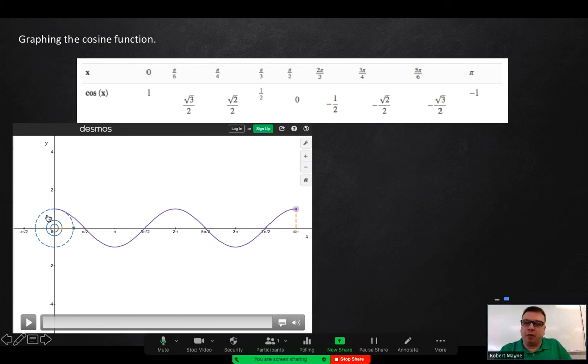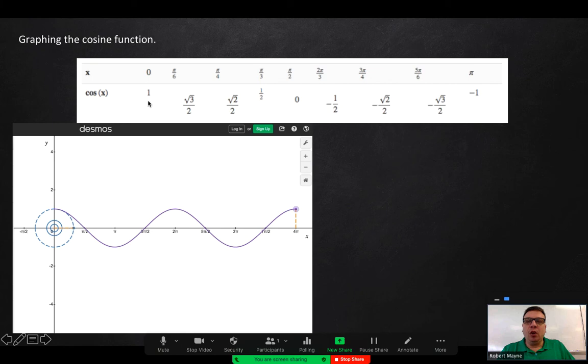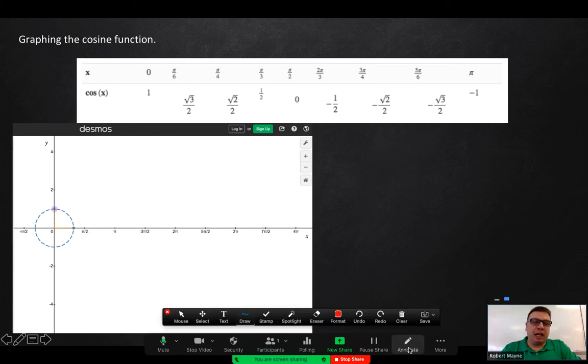It was moving back and forth. You could see how far away from the y-axis was then translated into the vertical values here. So we're just plotting all of these values as we rotate through. So now notice the cosine starts at 1, where the sine started at 0. So when I graph, and you can see it going through here again, as I'm graphing, it started at 1 because that was the value of the cosine function when there was no angle that we're rotating through. Okay, so now we'll let this complete its animation,